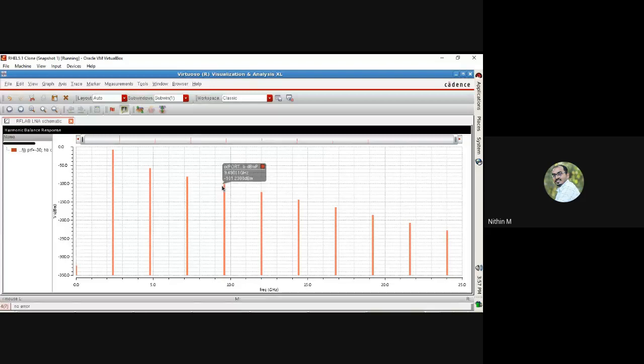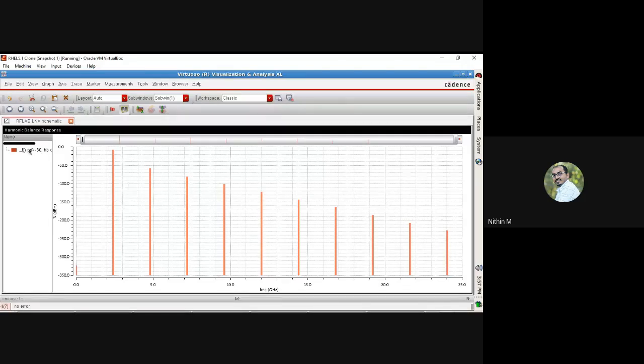And similarly, you can see the fourth, fifth, and higher order harmonics, because I selected to display 10 harmonics. Starting from the fundamental, you will have 3, 4, 5, 6, 7, 8, 9, 10. Yeah, you have 10 products at the output. So this is plotted, and this is how to see harmonic components associated with an amplifier.